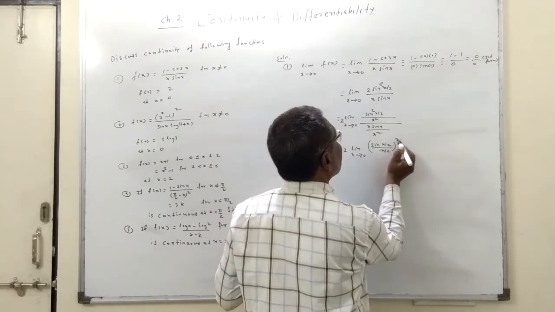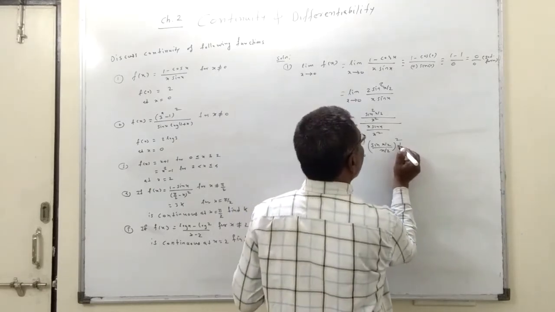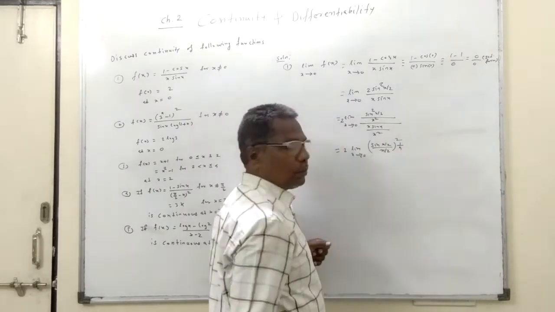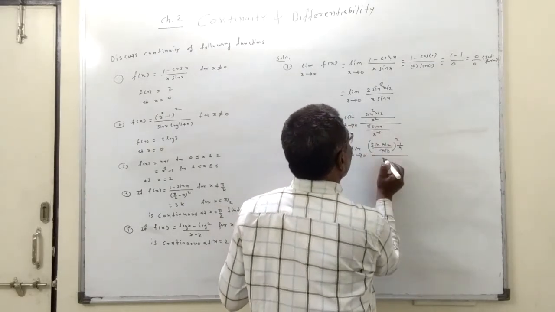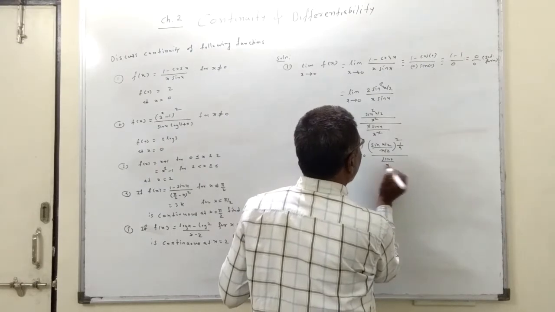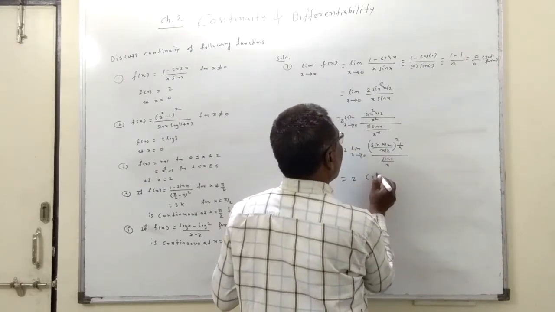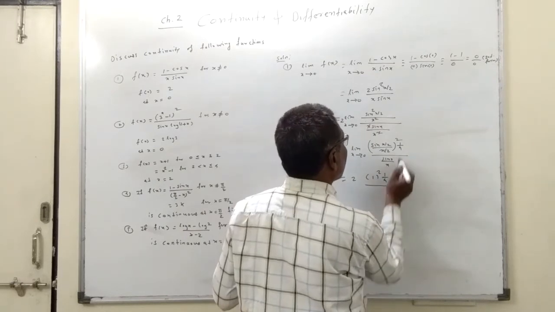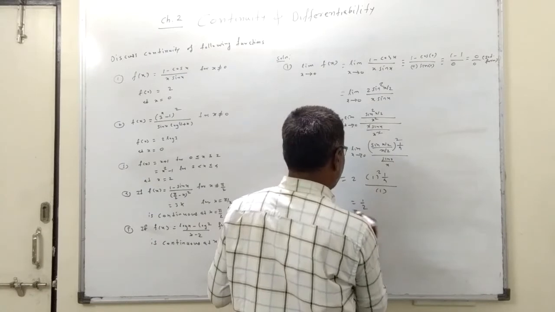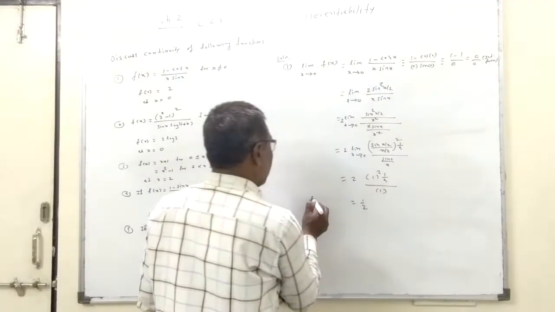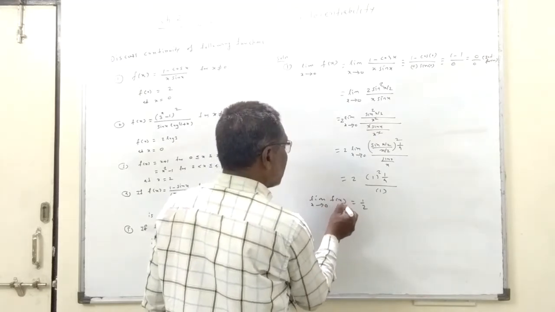Now 2 square is 4, so the denominator is divided by 4, so you multiply the numerator by 1 upon 4. Divided by, the x gets cancelled, so sin x upon x. So that is equal to 2 times 1 square into 1 upon 4, since the limit of a constant is the constant and this limit is 1, so 1 half. So limit x tends to 0 f of x is coming 1 half,